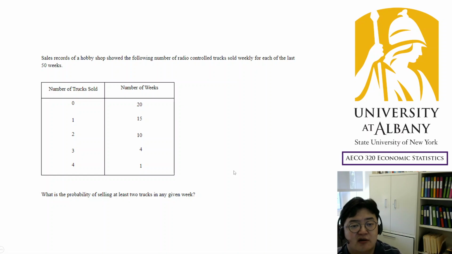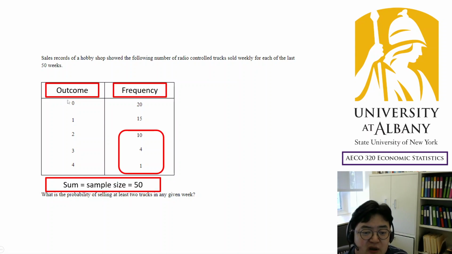So it sounds a little complicated, but basically, if you rename them as outcomes, there are 5 possible outcomes, and frequencies, number of occurrence, right? If you try this random experiment 50 times, where the random experiment is counting how many trucks are sold, then in 50 repetitions, 20 times you get 0, and 1 time you got 4.